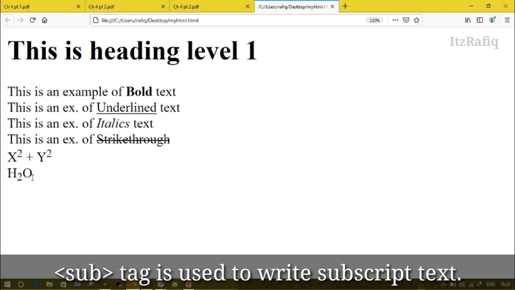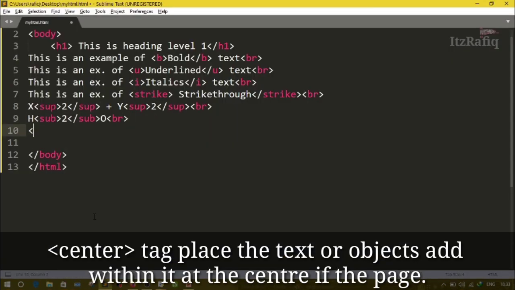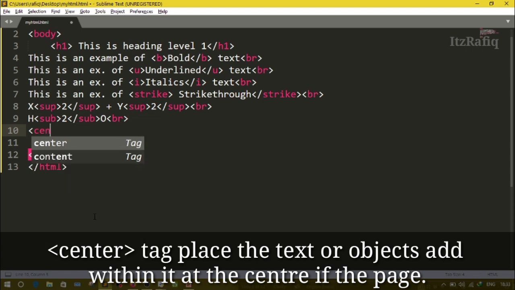Then we have center tag. If you want to display something at the center position of the text, then you can use center tag. For example, suppose I want to write here something in center. First write center. So whatever you write within this center tag, it will display at the center position of your page. Suppose my name is ...